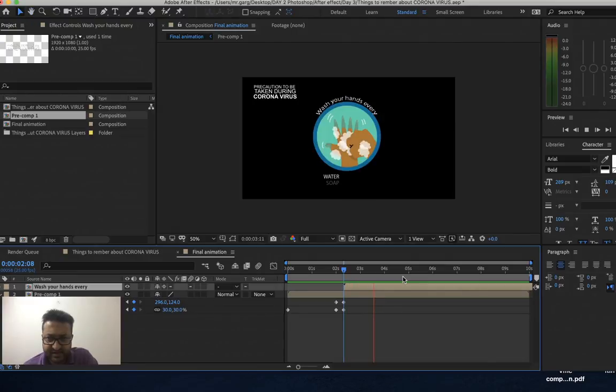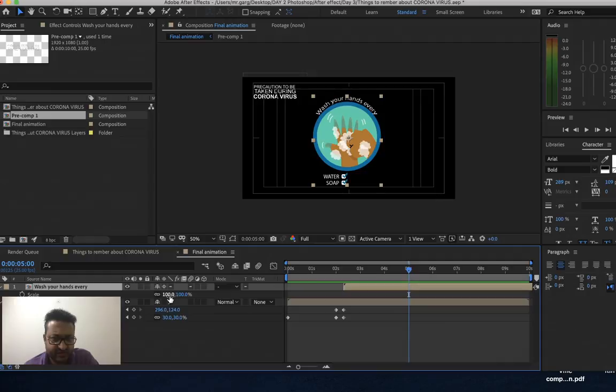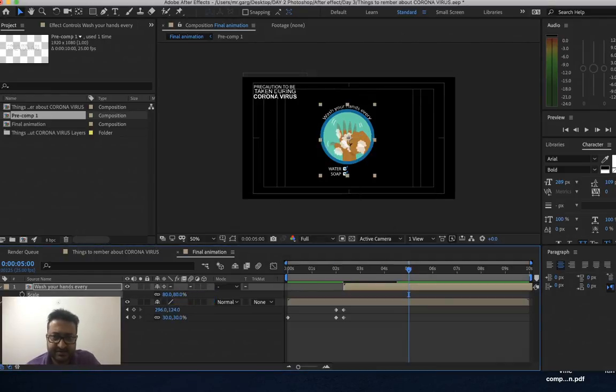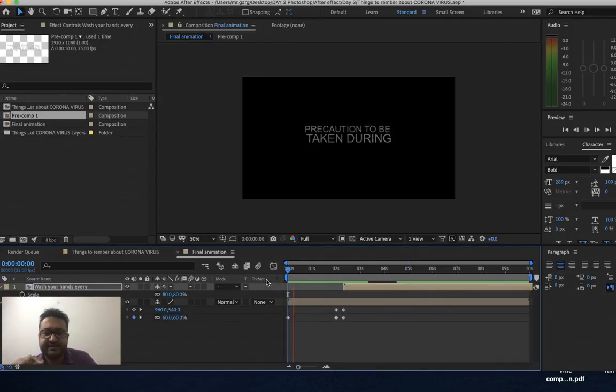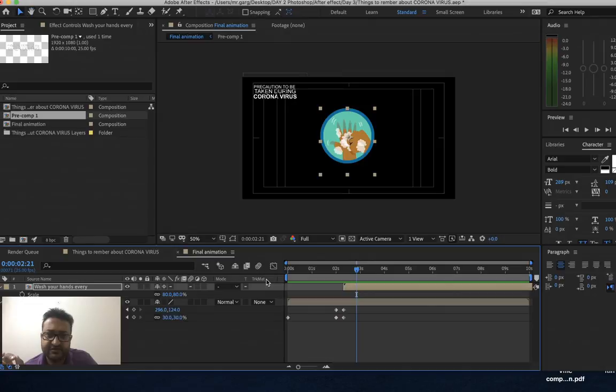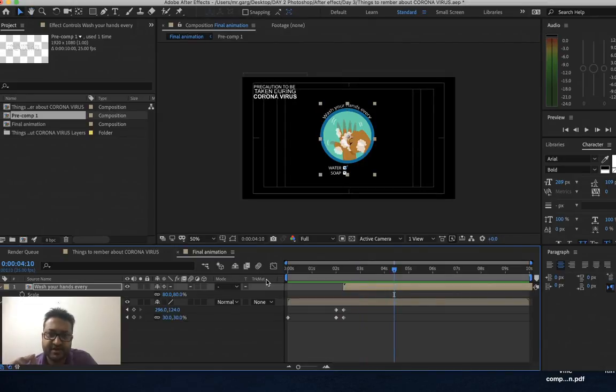So as you can see, it's a composition now, and if you want to decrease the size of the entire composition, feel free to do that and adjust it. So now first thing first, it says precaution to be taken during coronavirus, and when it goes up, the first thing which comes is, it says wash your hand